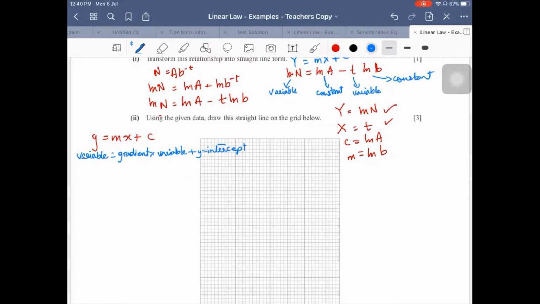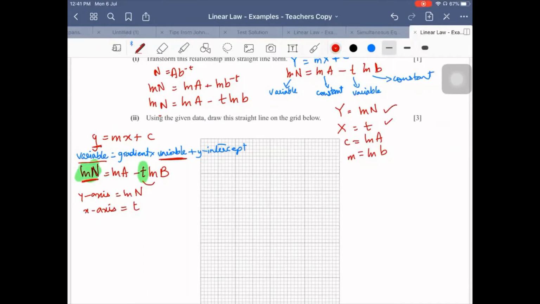तो तुम जो है इसको देखो, तुम्हारी क्या फॉर्म आई थी: ln n = ln a − t ln b। अब तुम्हारा वेरिएबल क्या है, एक t है और एक ln n है। I have a variable t and I have a variable ln n. Okay. Now, if I compare this, तो तुम कहोगे कि तुम्हारी y axis जो है वो ln n बन गई है और तुम्हारा दूसरा वेरिएबल अभी भी t है, तो your x axis is t।